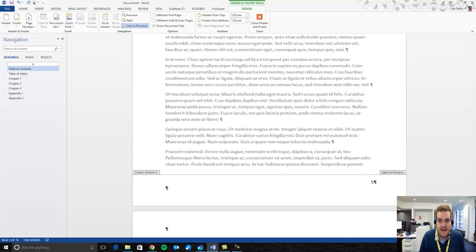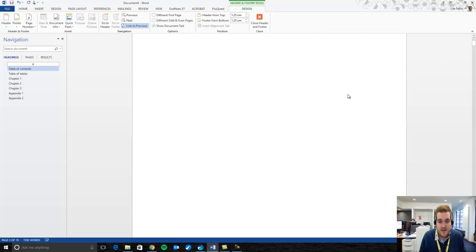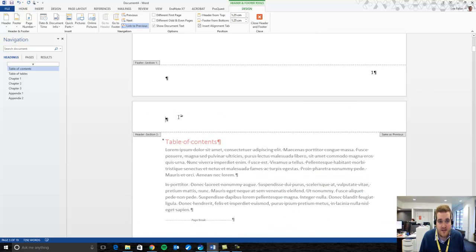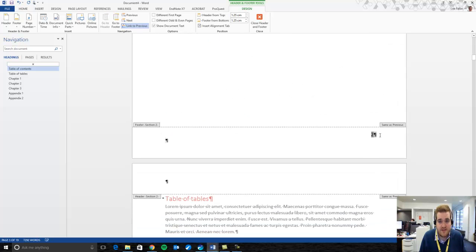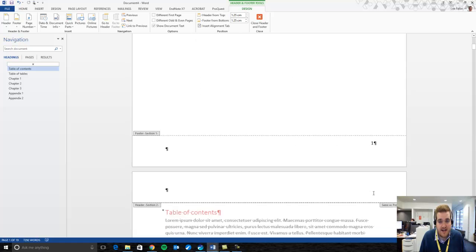But now that we've done this, it enables us to start formatting these numbers to look like we want them to. So the first thing that we need to do is head into section 2. So this is where our table of contents starts, and it's absolutely vital that we sever this link to the previous section. Now that I've done that, I'm free to return to section 1, my title page, and delete this